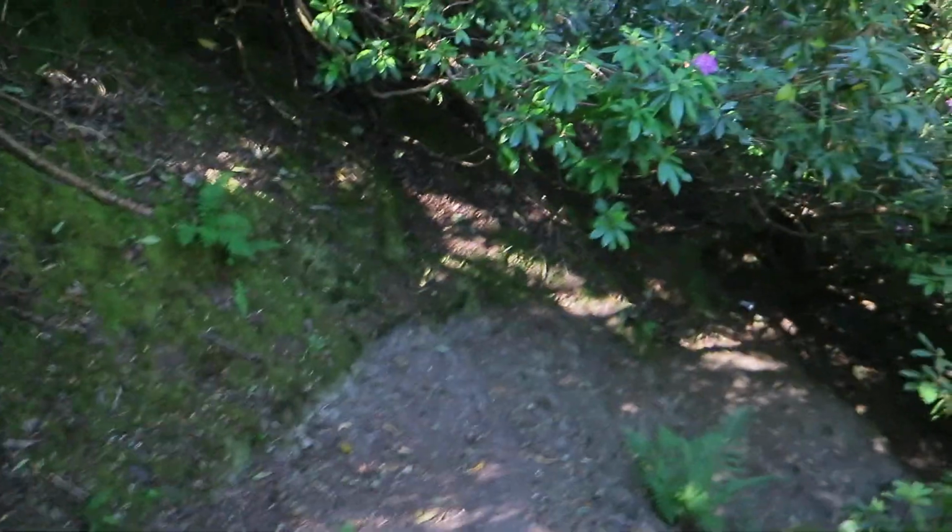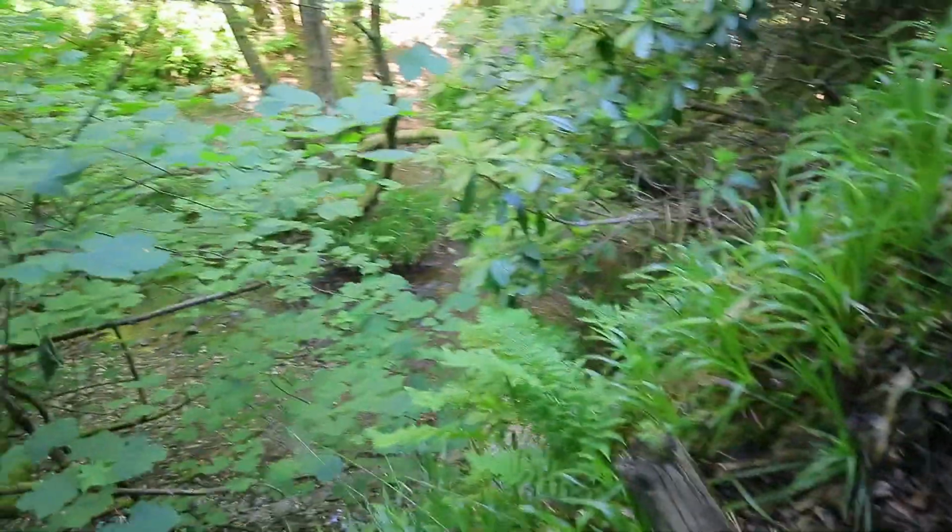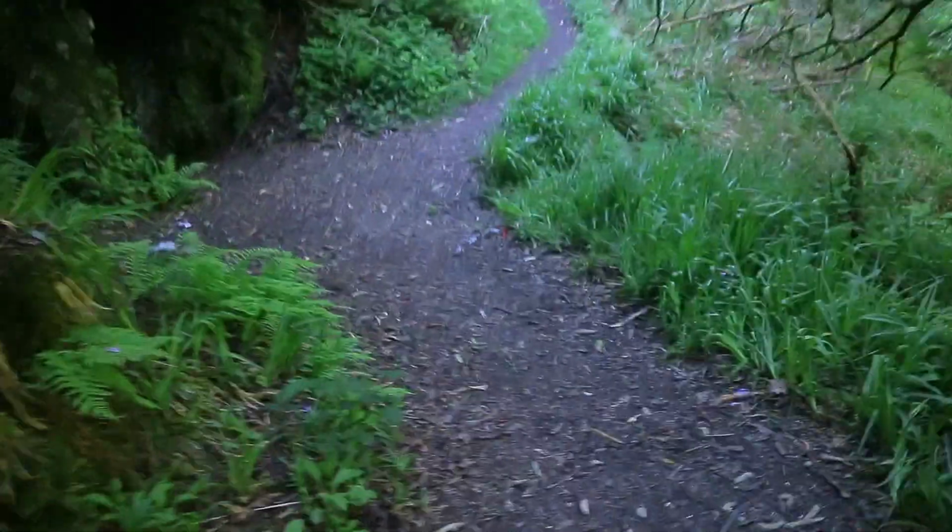So it is quite steep going down. So just be very careful. I'm going to switch off for now, just in case I drop the camera. Right, so we've just come down that path there. Down there is the top of the waterfall, and just to our left here, which is